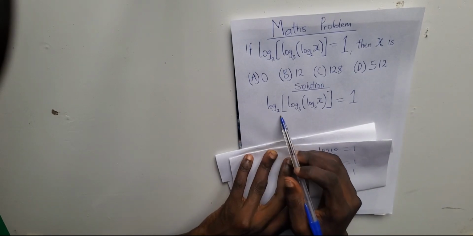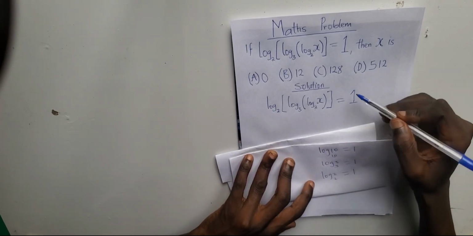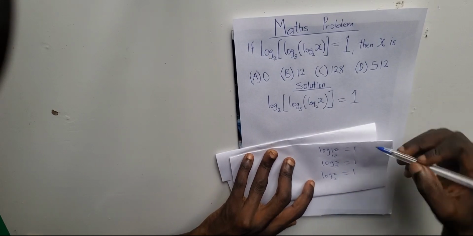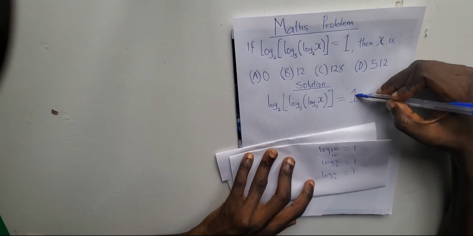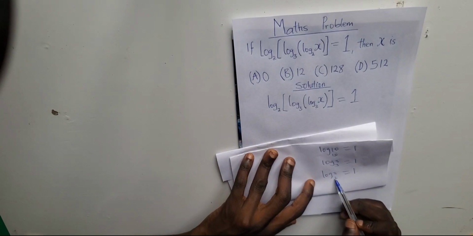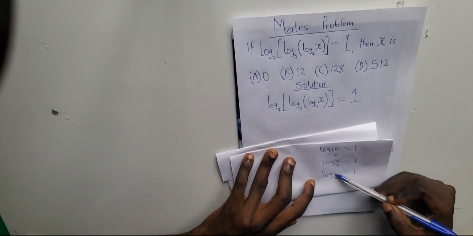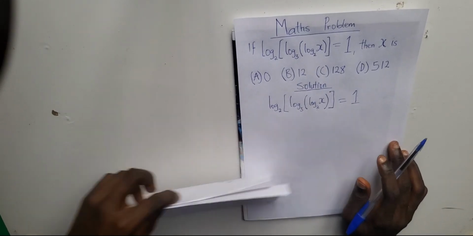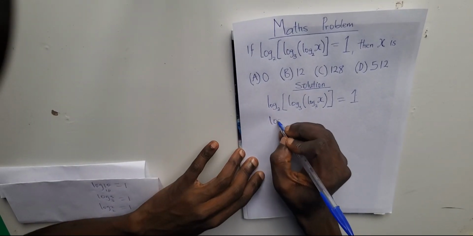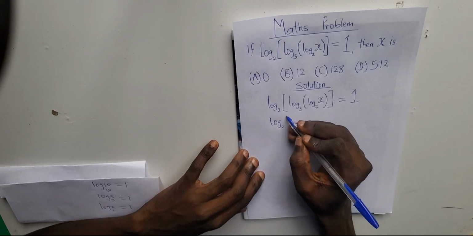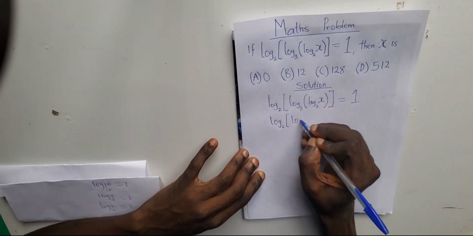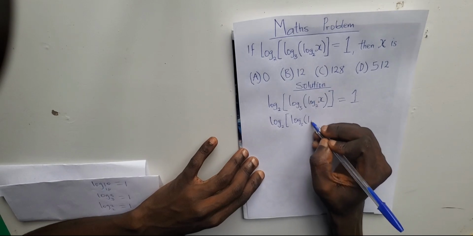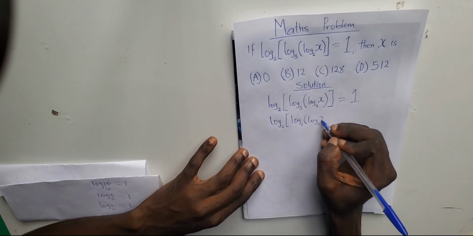So I said I want to express this in log base 2, right? So that we can cancel this log base 2 here. So if I replace this 1 with log 2 base 2, log 2 base 2 is equals to what? 1, which is exactly the same thing as 1. Okay, so I will now replace this 1 with log 2 base 2. You understand now? So that we can cancel this log base 2 here. So here I have what? Log base 2 into brackets, log base 3, close the bracket, another bracket, log base 2, that is log x base 2,